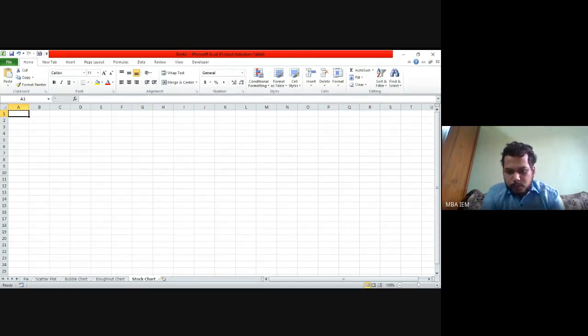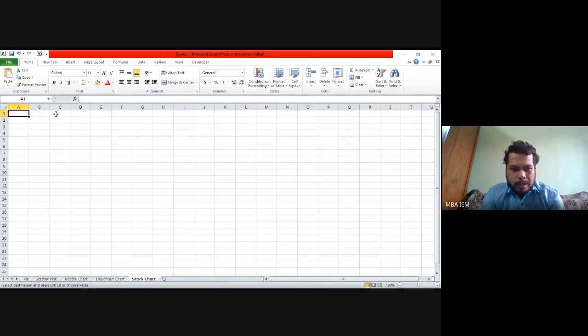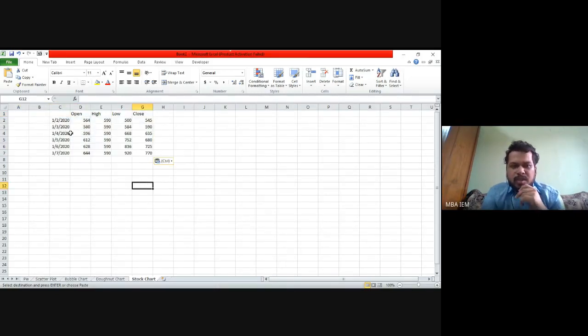Okay, so if you look at the first data set at the top, the open, high, low, and close values that I mentioned. This is a random value. It may not be matching. This is a date. This is the opening price of a share, high price of the share, lowest price of the share, and closing price of the day. So these are random values. This may not match. It is just used for showing how the graph is. So if the data is found inconsistent, you need to pardon me for that because I am not an expert of this thing. I just randomly selected some values for this.